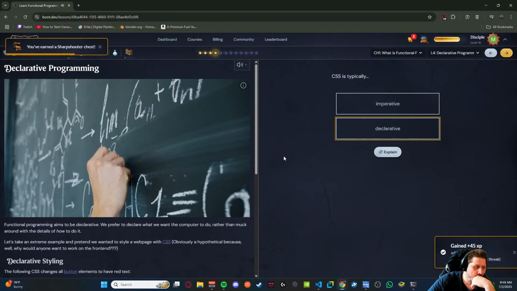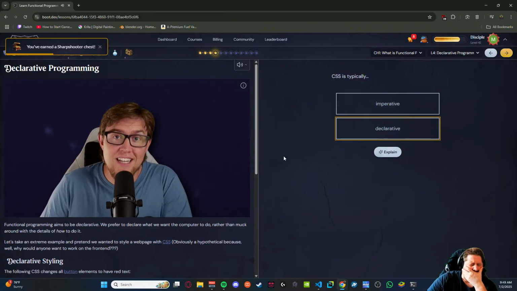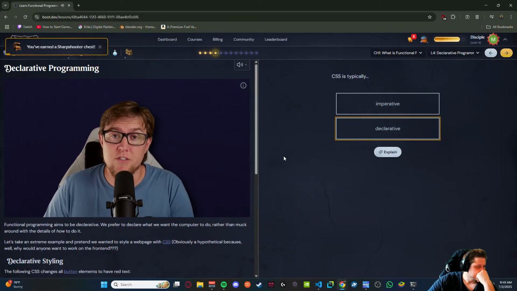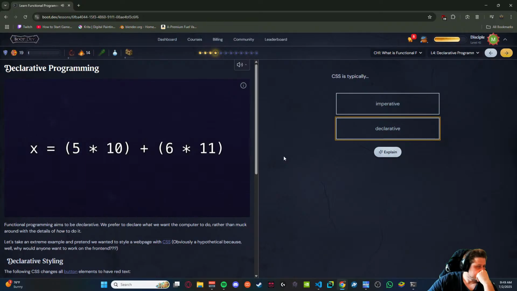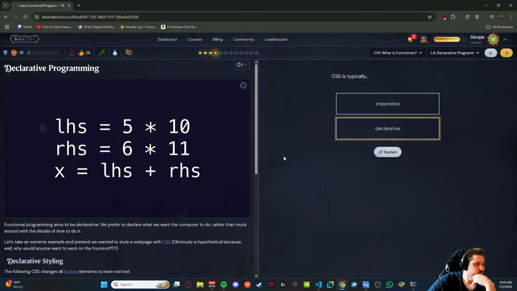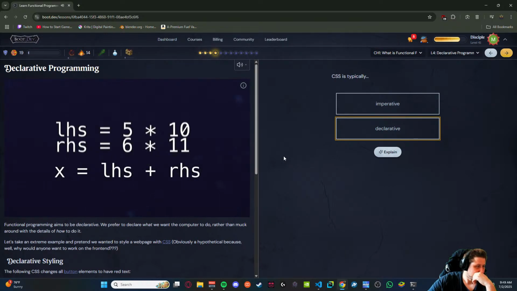Good old mathematics is another great example of a declarative language. And that's why functional programming is often more popular with mathematicians. Take a look at this equation. X equals 5 times 10 plus 6 times 11. The equation doesn't tell us in which order we need to carry out each computation on our hardware. And it also doesn't tell us exactly where we should store each value in the memory on our computer. We could write the code this way, or we could swap the ordering around like this, and we'd get the